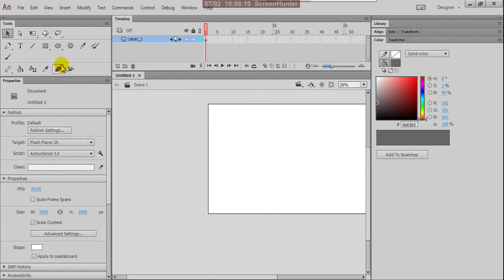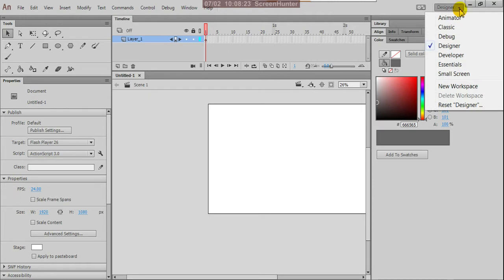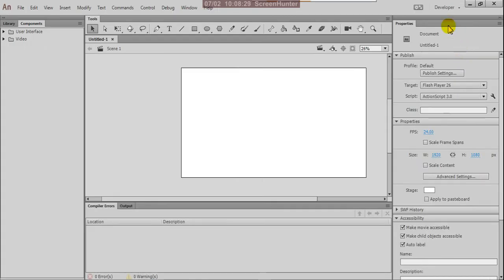The tools are displayed on the left side, and the panels and settings are on the right side. This is for designers. Likewise, this one is for web developers. It is very new for us because we never use these workspaces.